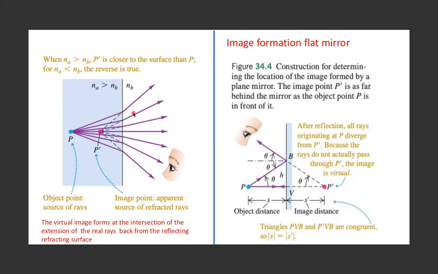In the place with the lower index of refraction, the angle is larger, in such a way that Snell's law is still valid, meaning n_A sin θ_A is equal to n_B sin θ_B, okay? That must happen at every point here, and it does. When we do that, we find that if we project the lines backwards from the refracted rays,